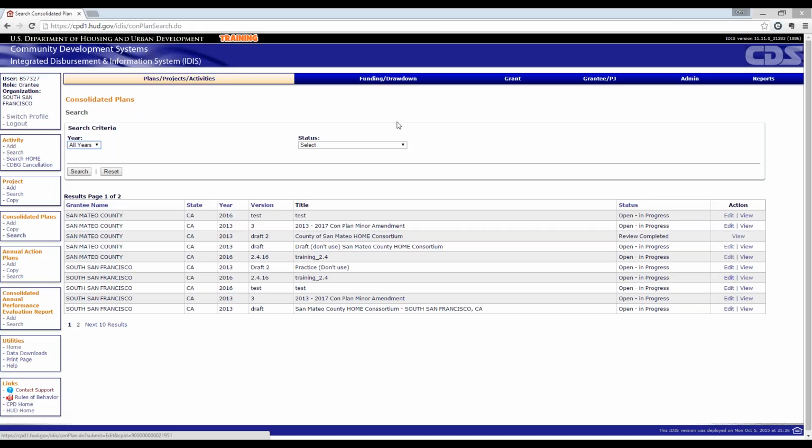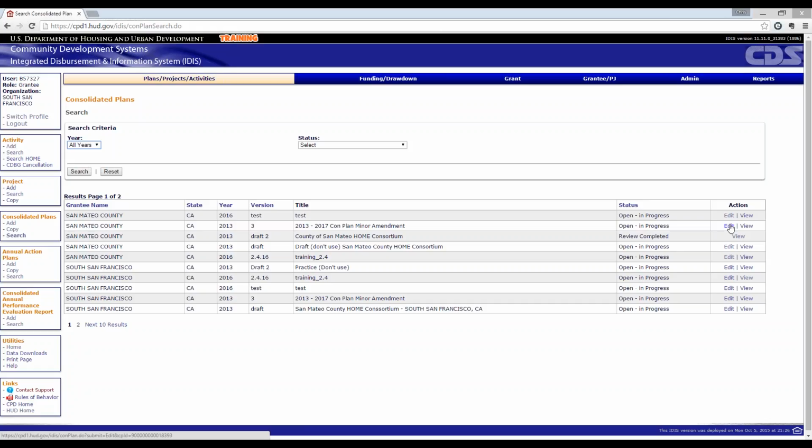What you'll also notice is that I have access to open up and am able to edit San Mateo County's plan. And the reason for this, and this gets back to one of those early points in making sure that you're coordinating, is that San Mateo County may be asking South San Francisco to contribute to a discussion of the housing needs or the housing supply or the demographic conditions. And South San Francisco can go in and directly edit elements of the San Mateo County plan.